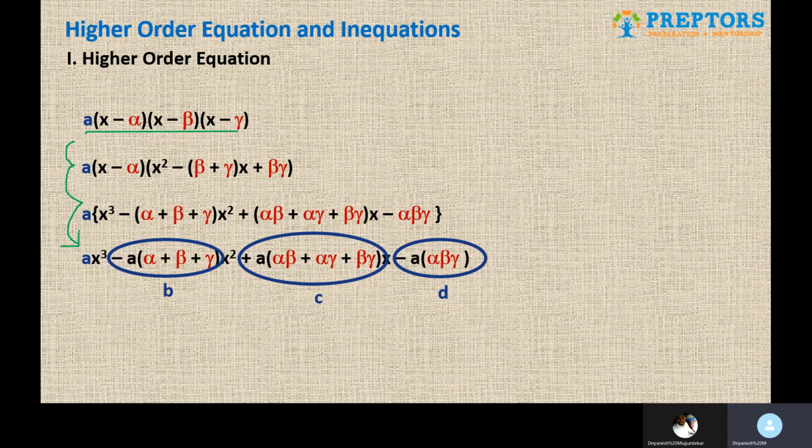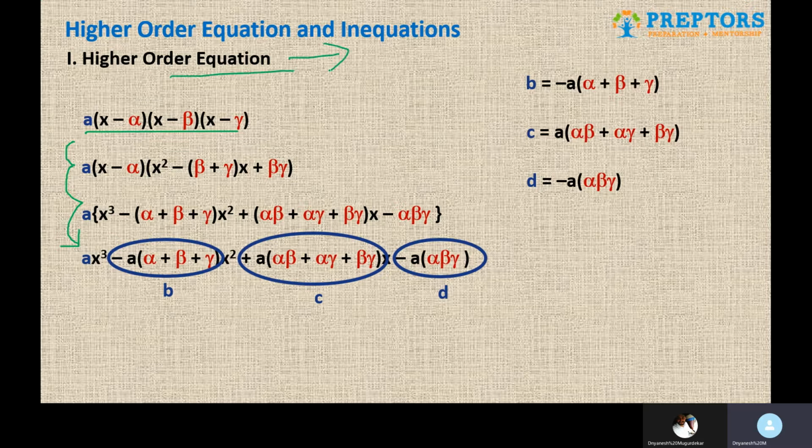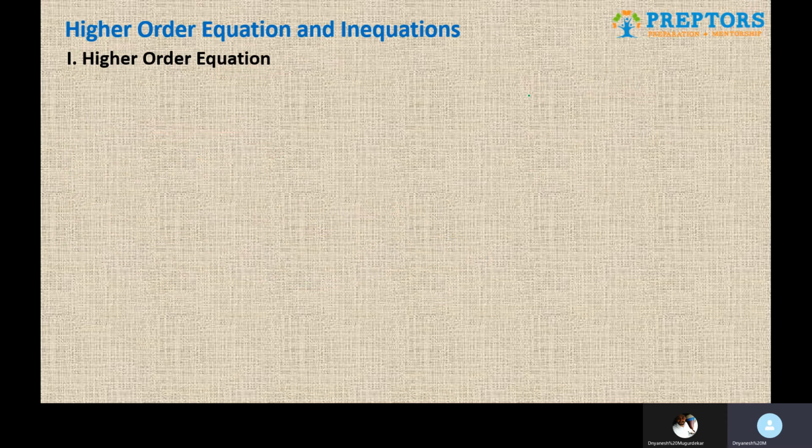And now when we compare this with the standard form of cubic equation, which is ax cube plus bx square plus cx plus d is equal to 0, we are going to figure out the values of b, c, and d. So these are the values of b, c, d when you compare with the standard form, and this is going to give us the formula. So for cubic equation, and again remember all these formulae because after this it has to be a standard practice because there is a pattern involved. So sum of the roots, taking one root at a time, as in alpha plus beta plus gamma, is going to be minus b by a.